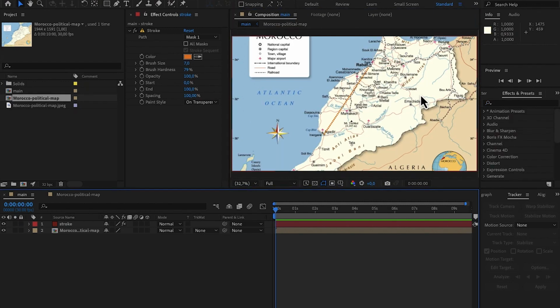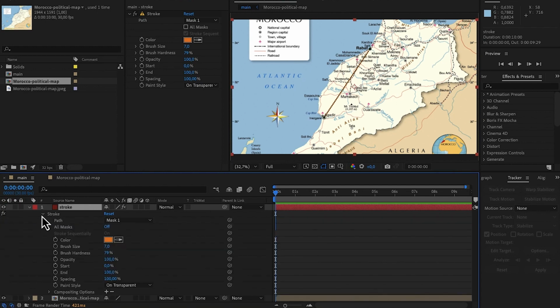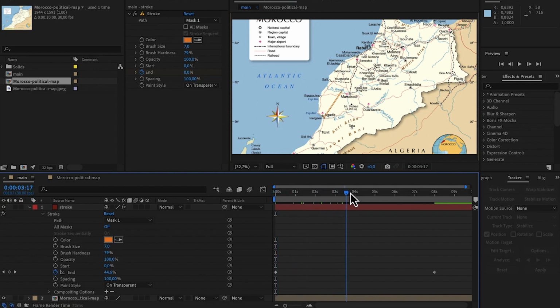I'll move back to fit. So the next thing I'm gonna do is animate my stroke layer. So I'll select my stroke layer, then hit E on the keyboard. I'll open up the stroke panel. Then I'll move my time indicator to 8 seconds. Then I'll create a keyframe on the end position at 100%. Then I'll move my time indicator to 0 seconds. Then I'll create another keyframe at 0%. So this is how my stroke is going to travel from Agadir to